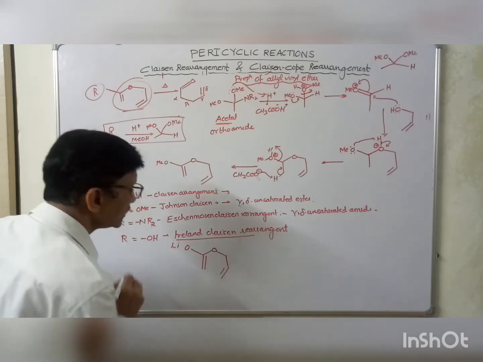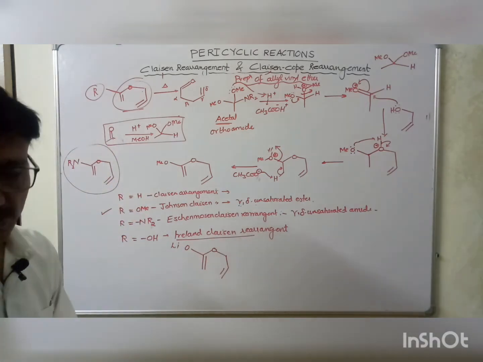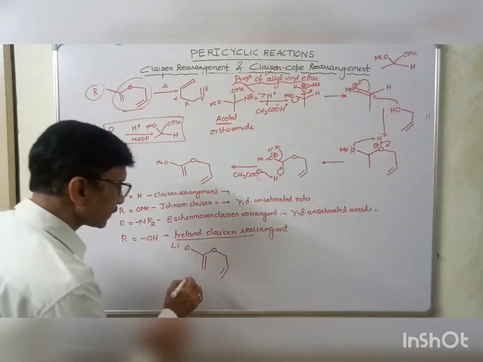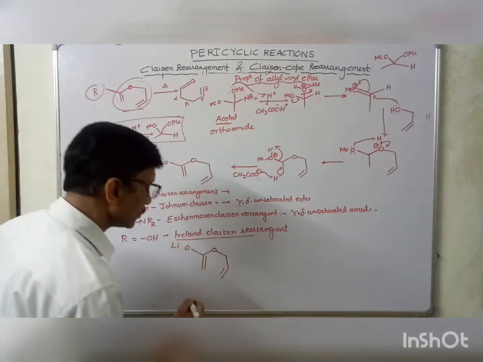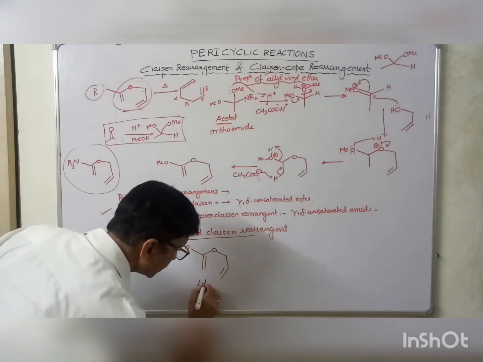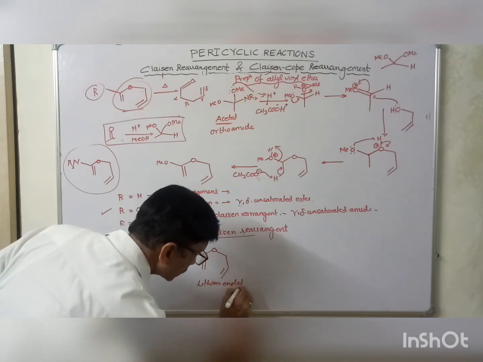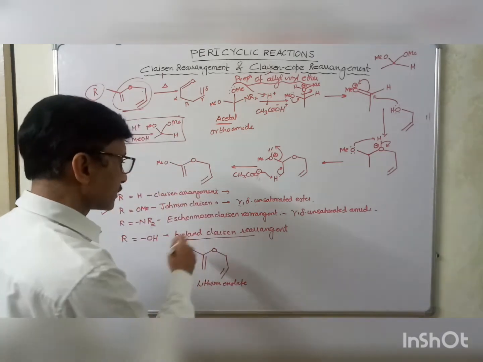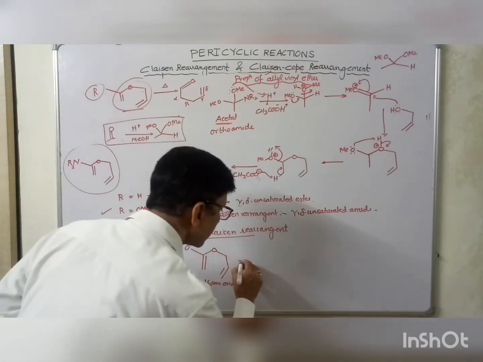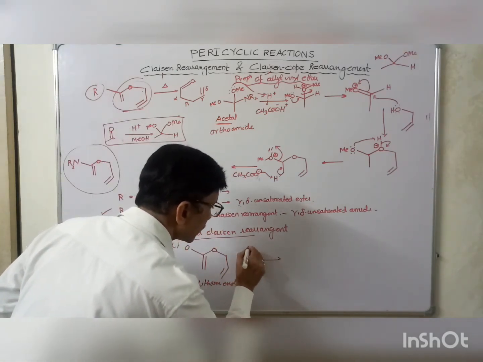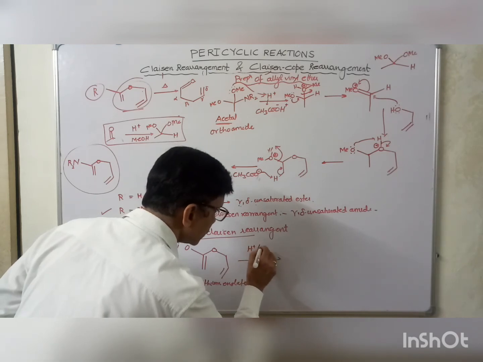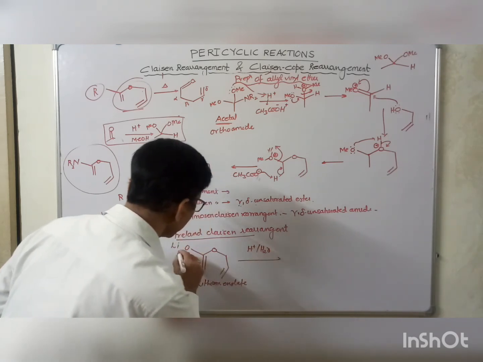We say this lithium enolate is the substrate molecule, and we may get the lithium enolate also. So this lithium enolate is the substrate molecule for the Ireland-Claisen rearrangement, and it may undergo acidic hydrolysis, and finally what you will get,